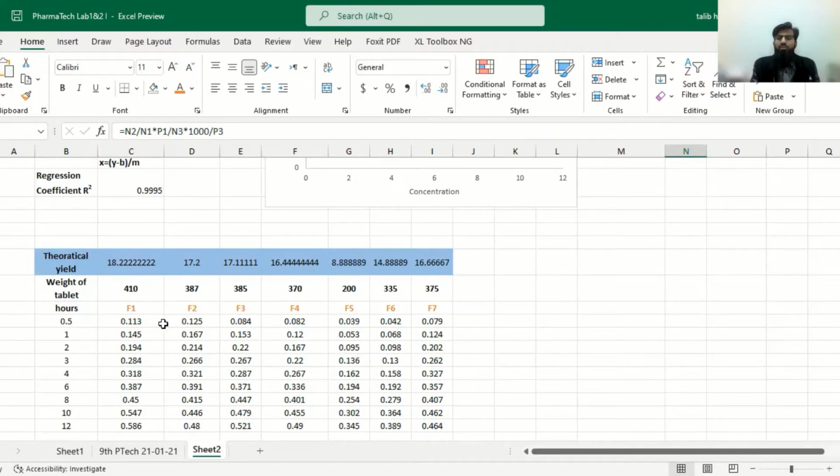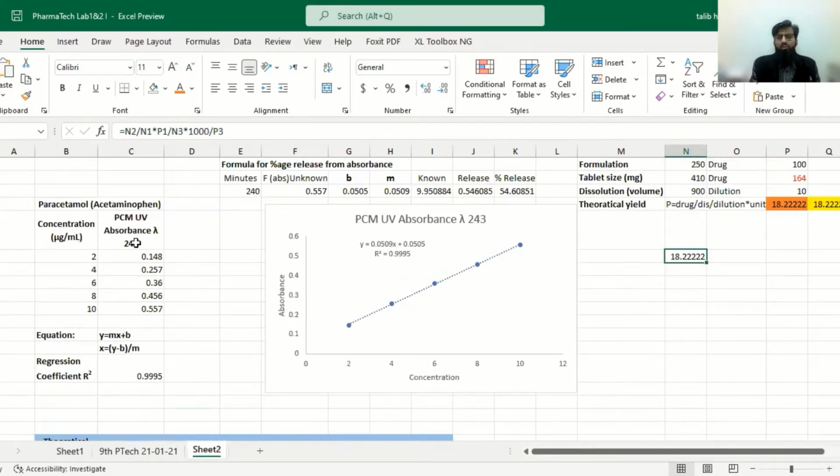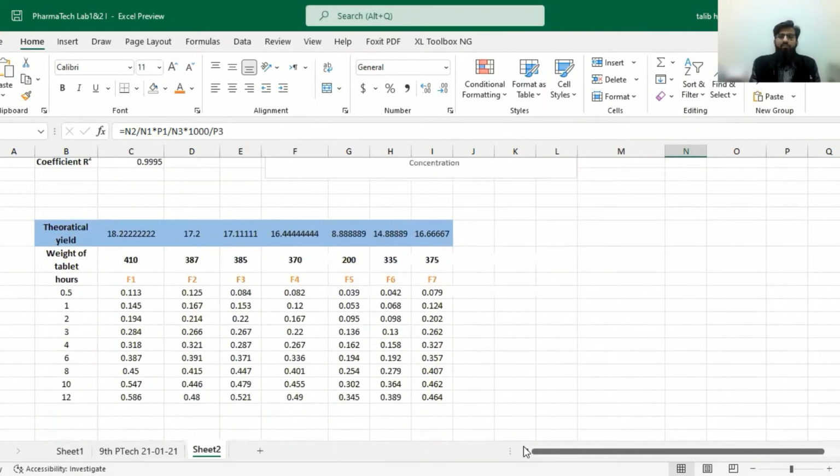Against those, we took the absorbance from the spectrophotometer. We also have 7 formulations, F1 to F7, and for those formulations we got triplicate readings, and the average of the triplicate readings was observed under a spectrophotometer at 243 nm lambda max wavelength.